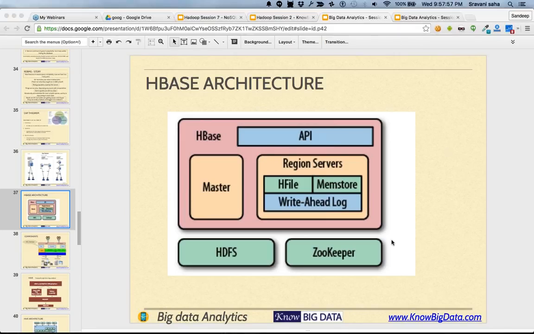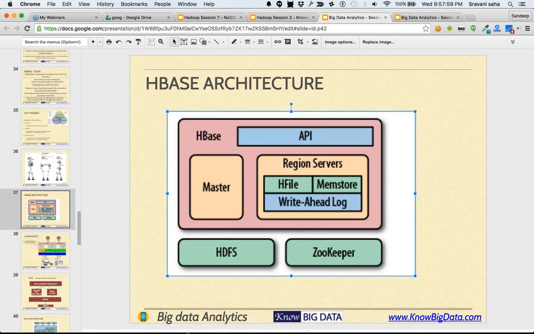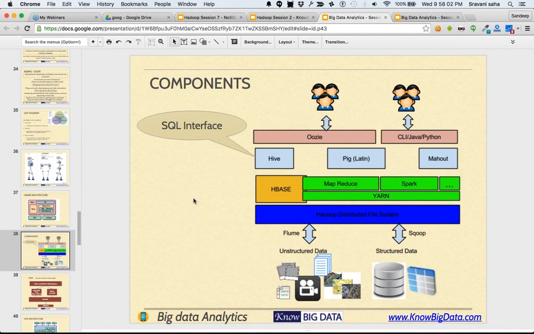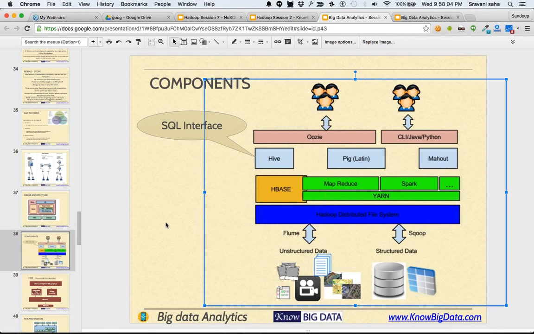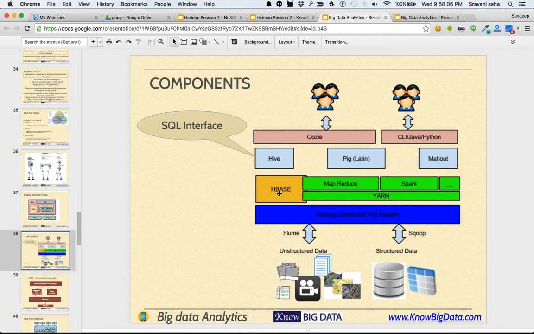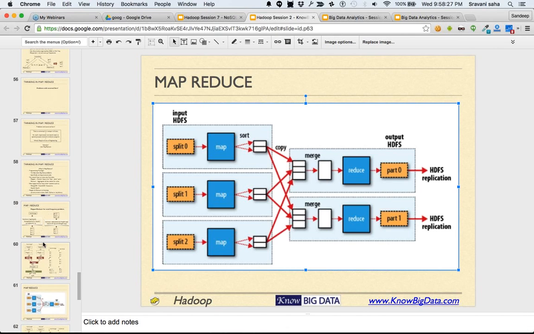All right. So that was our discussion on HBase architecture. So that's about HBase. Now, when you want to read data from HBase, you are only allowed to do get and put. You can insert a row, update a row, delete a row, but in a very rudimentary way. I will try to execute some of the commands which we have discussed today.